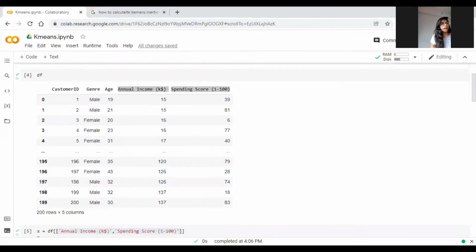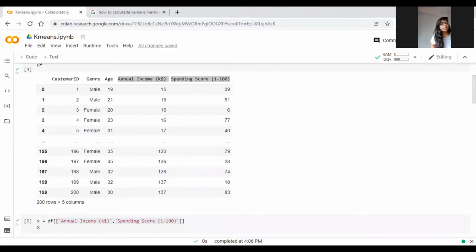Now, this data set has these features: customer ID, gender, age, annual income, and spending score. But for my clustering, I just need two features, that is annual income and spending score, because age, customer ID, and gender don't provide me any information as such to create any cluster.